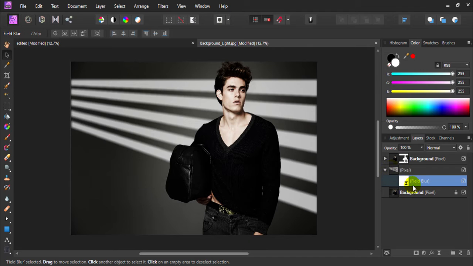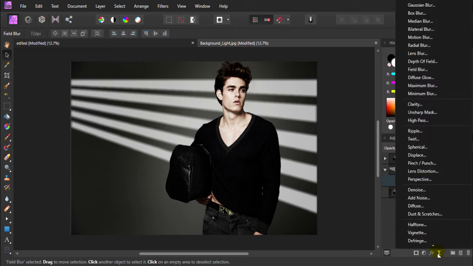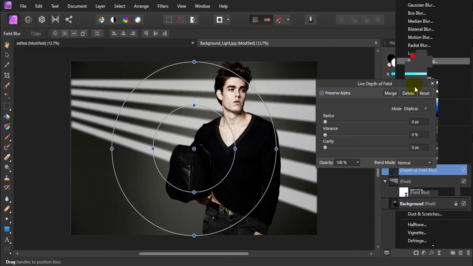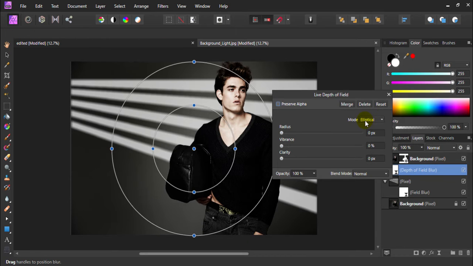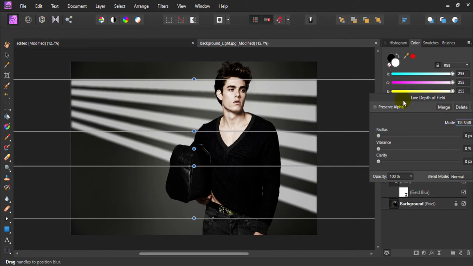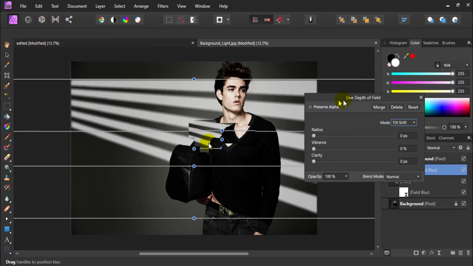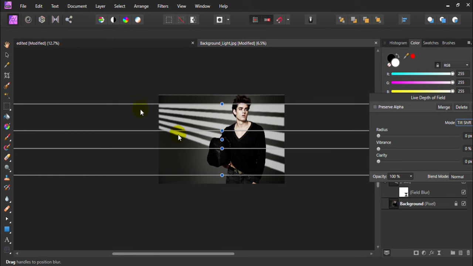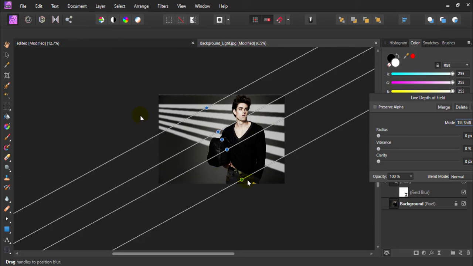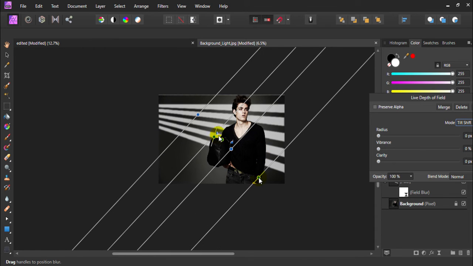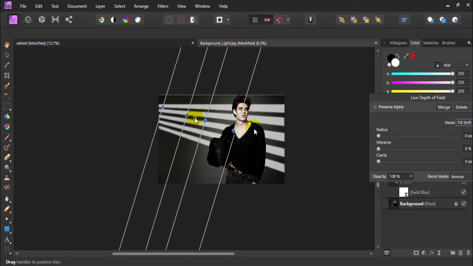After completing that, the one more filter that we are going to apply is tilt shift blur. In Photoshop there is already a separate option for applying tilt shift, but in Affinity you can find tilt shift in the depth of field, or in depth of field mode. Okay, tilt shift. The reason behind applying tilt shift is when we see light coming out from the source it is very sharp, but when it is far away from the source it is blurred. Okay, so we have to have blurred lights here.